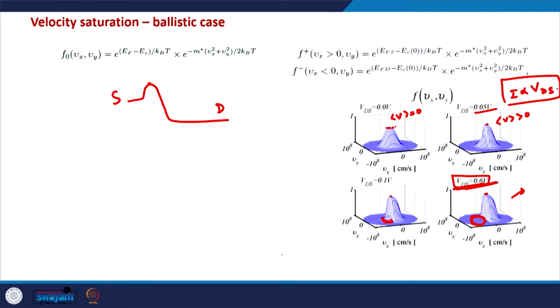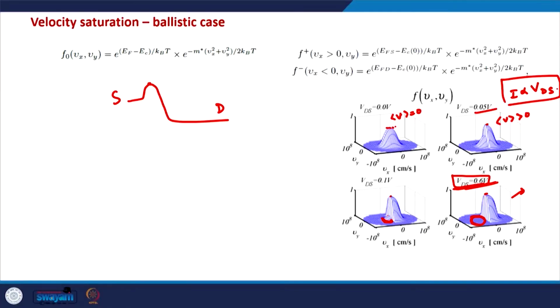So as long as there were negative velocity electrons, and with increasing voltage the negative velocity distribution function was going down, till then the net velocity of electron was also increasing. But as soon as these negative velocity electrons are negligible in number, it means that now the velocity has saturated, because